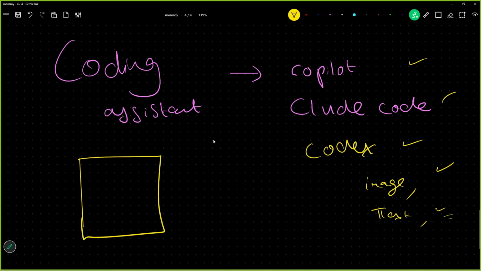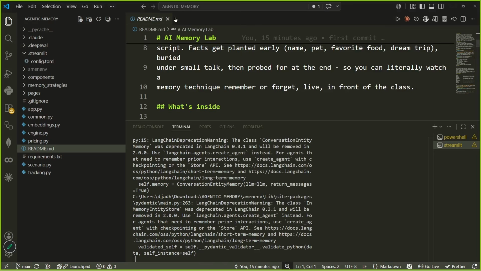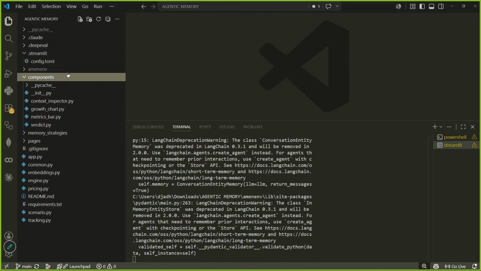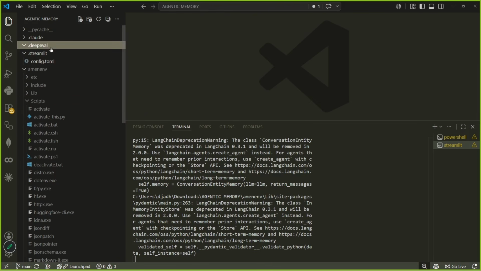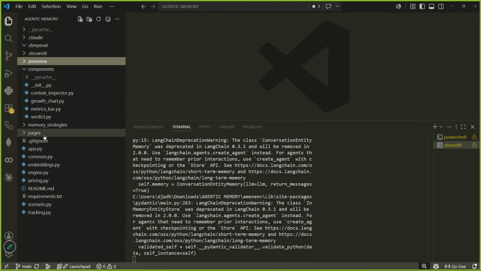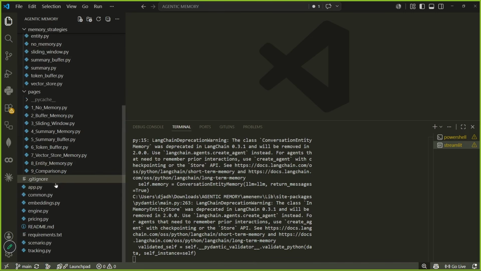We run these coding assistants in a folder. In a folder there can be 1000 files. So an AI agent has to maintain its memory across 1000 files. All right. Now, if I am a human, and if I show you some code, I will not remember in which file which exact code is there. In which exact file, where exactly which word is written, I will not remember that.